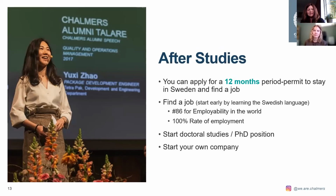So after your studies in Sweden, you are allowed a 12-month period to try to find a job. So we just want to let you know that that's a possibility afterwards. And Chalmers ranks very high on the employability rankings, and most of our students have a job very quickly, or even before they finish their studies, which is a great thing. And one career path could also be to continue with a PhD position, which is a paid position at the university in Sweden. So you would apply for it like a normal job, and any vacancies are